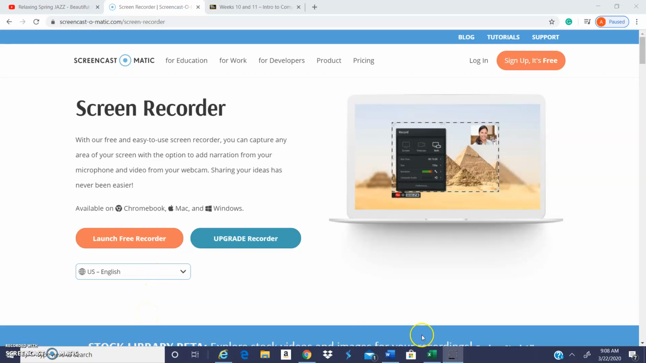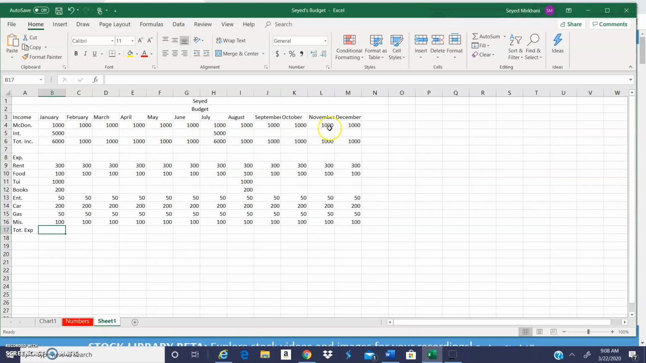Hello all. We are going to go back to our discussion. This is the Excel sheet that we had. Here I click on this box, which says Total, and in front of it is cell B17. I want to add all my expenses from here all the way to here